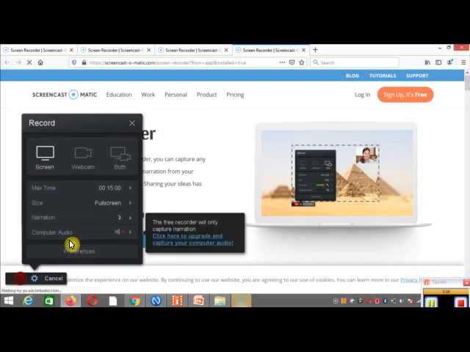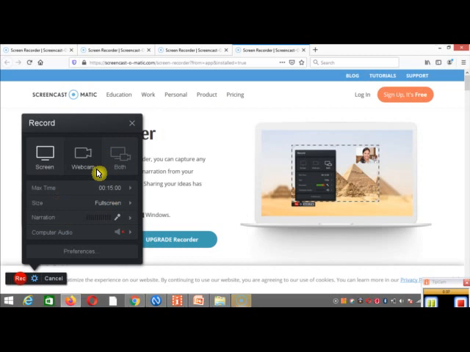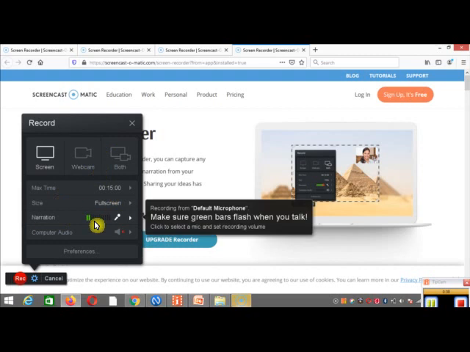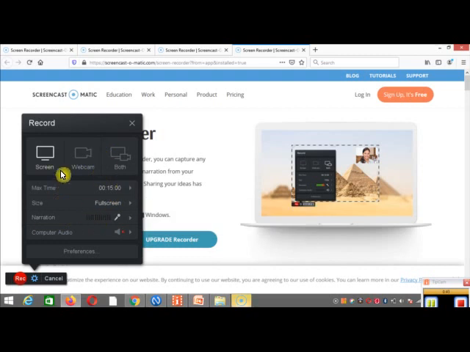After clicking on Launch Free Recorder, a new small window will pop up. Just understand this function. There are three different options. If you want to record only screen, then you have to click on this first option. There, record just the screen and no webcam.